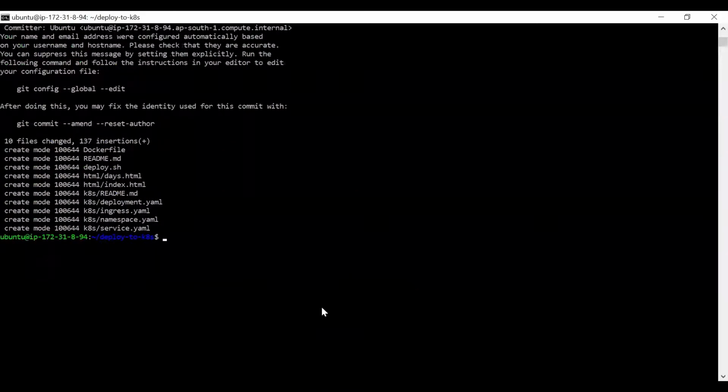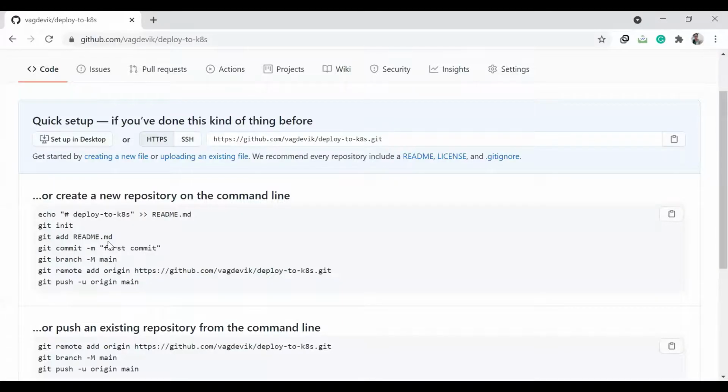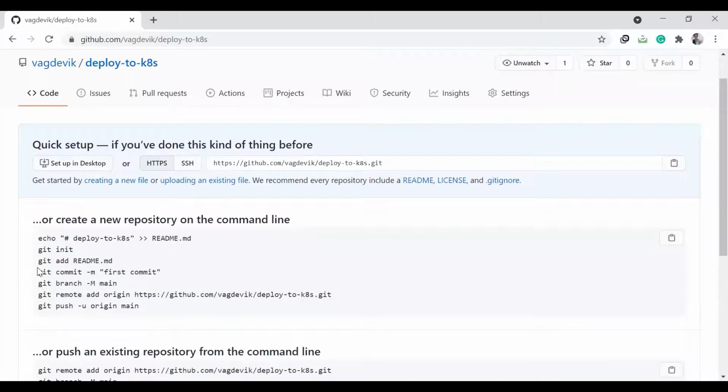Okay, so finally we need to push this onto a GitHub repo. For that, we can just go to these commands which are given to us when we created the new GitHub repository. So we are done till this point. If we want a separate branch, we can do that, but by default we can use the master branch.